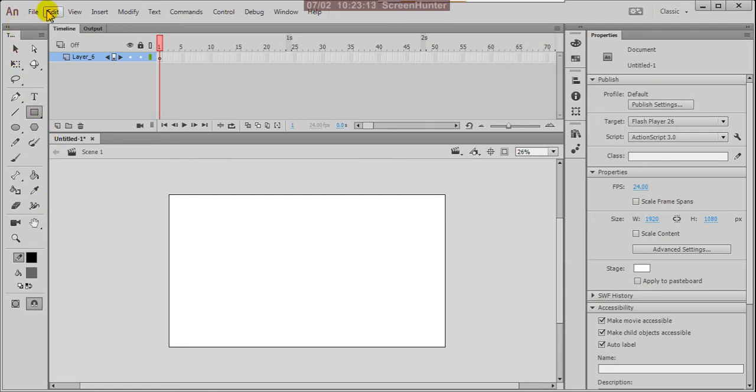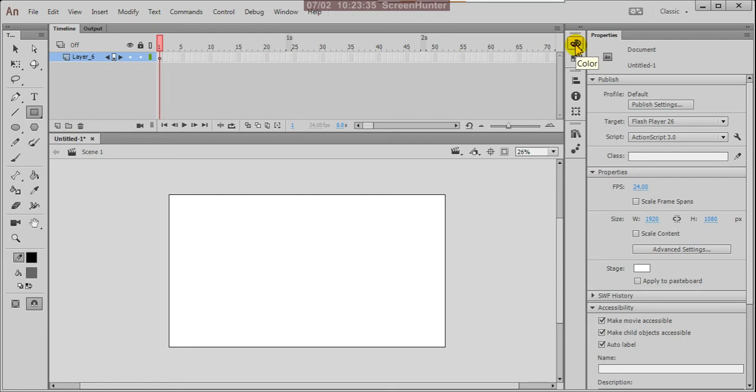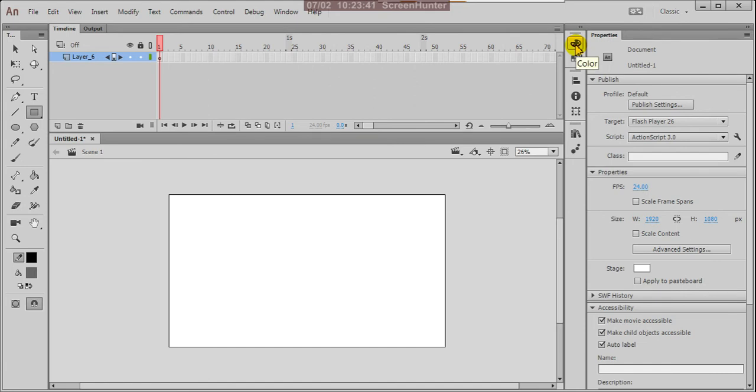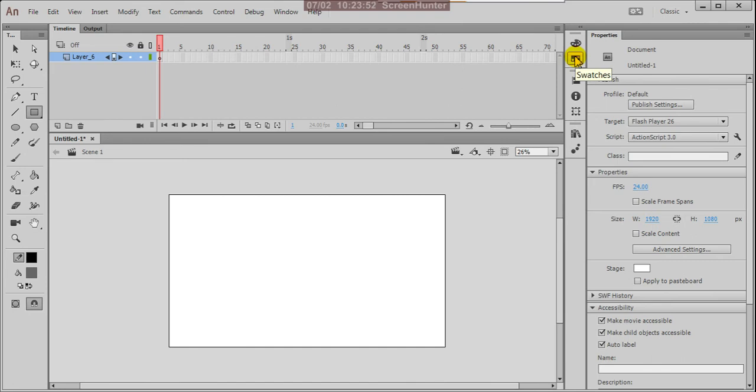And this is your menu bar. The menu bar is very important for any software. Suppose here, on the right side, the panels are displaying. Just click on the color panel. These are the panels; you can click on that, it opens and displays, and click again, it is hiding, closing. This is the swatches panel. The color swatches are there, and you click on that one more time, it is closing.